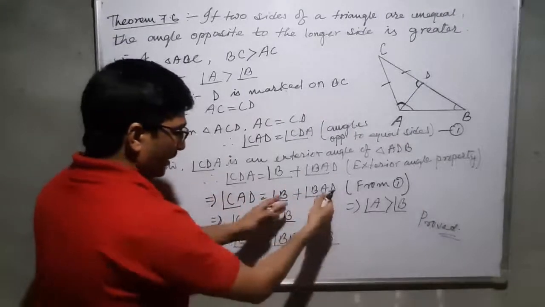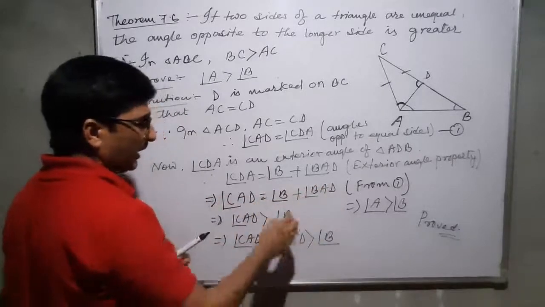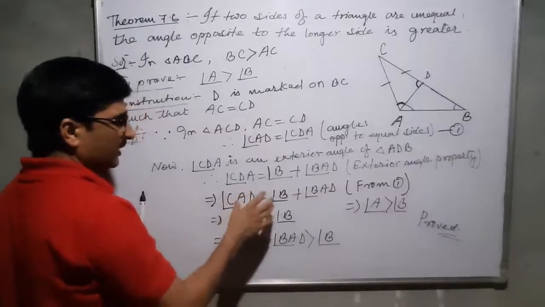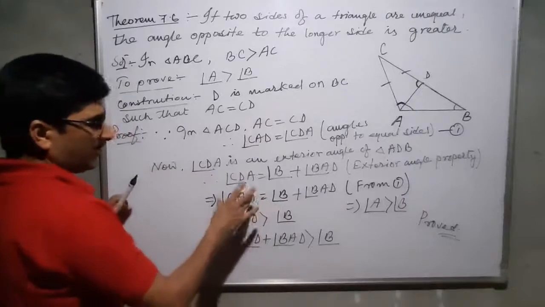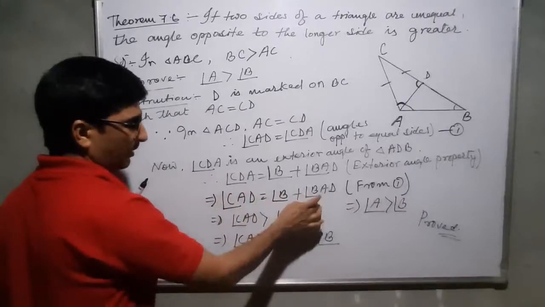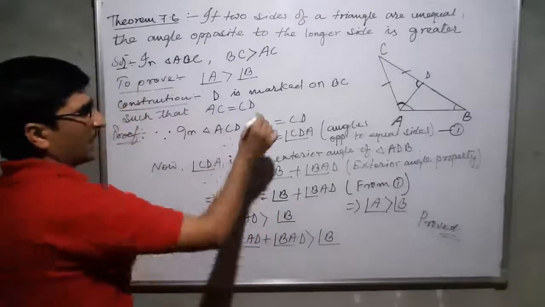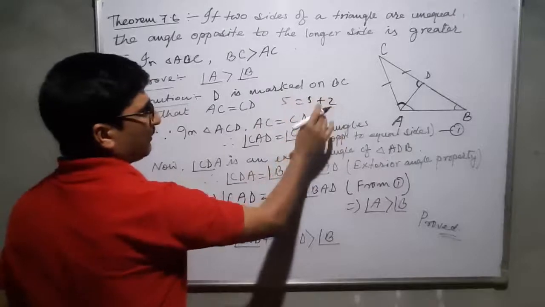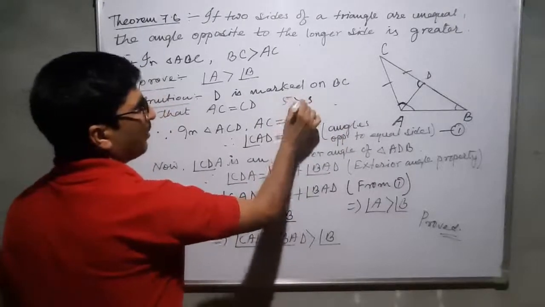These two together make equal to this. If you remove one of these two, then this becomes smaller than this. Try to understand the logic here. Not calculation, just check the logic. CAD is equal to this one plus this one. That means we can understand 5 is equal to 3 plus 2. If I remove these two from here, then 5 is greater than 3 or not?